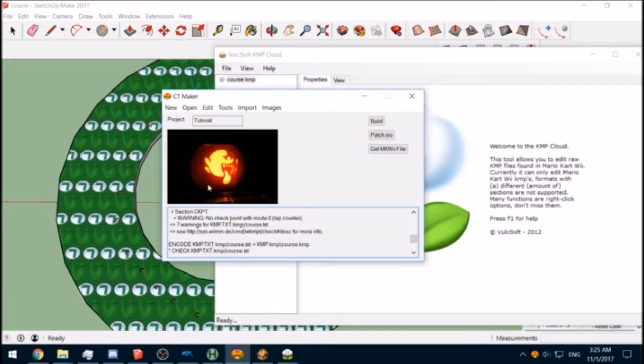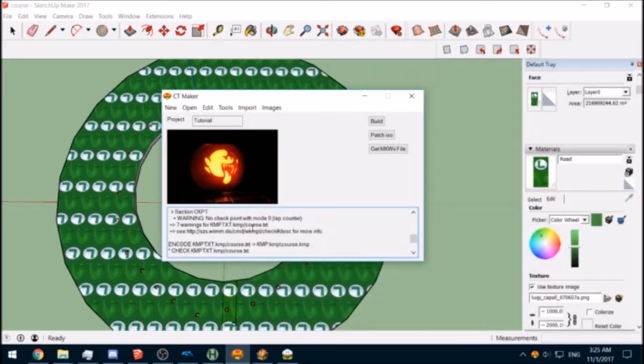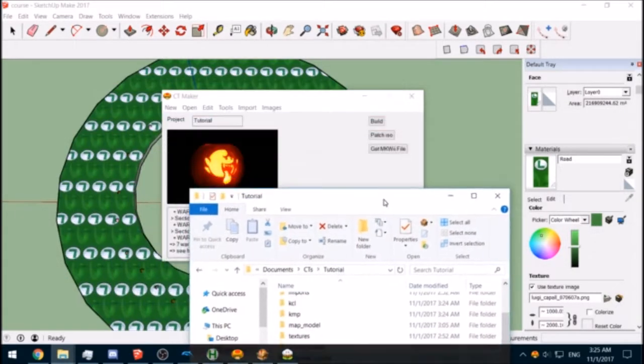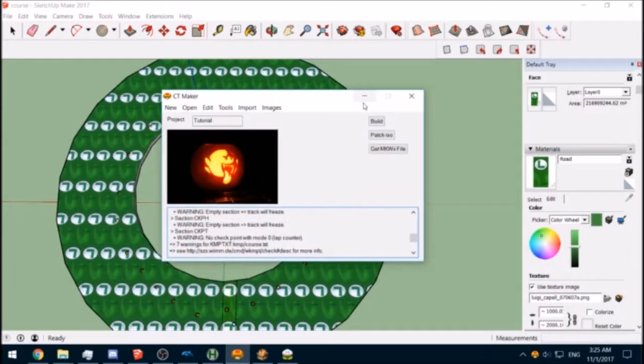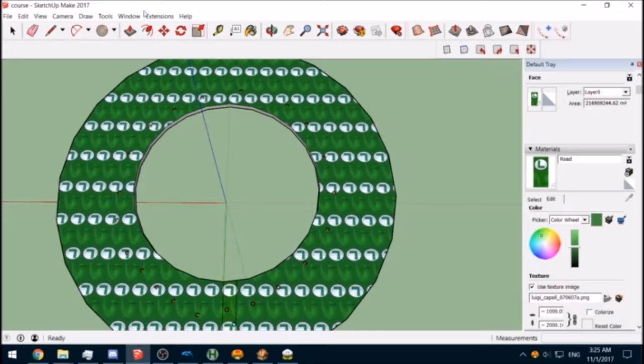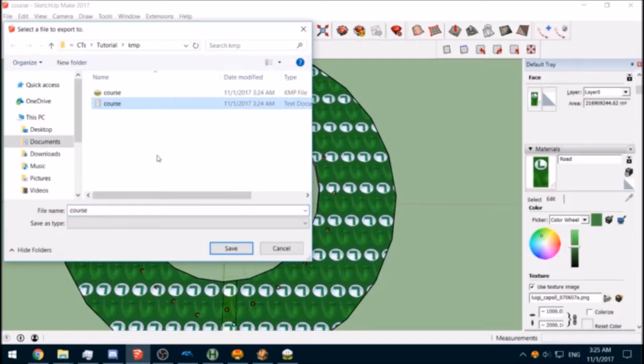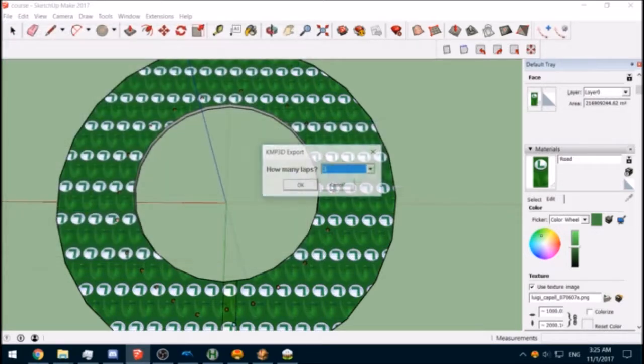What my program just did is it actually went in to here. I'll redo it by hand. So we export the coordinates, right, to course.txt, and we did that.